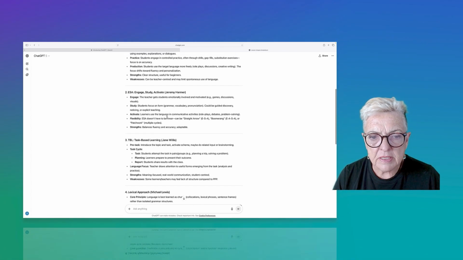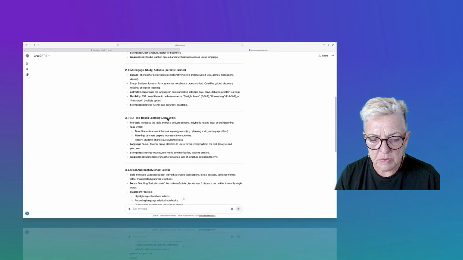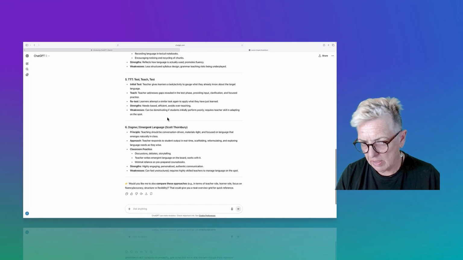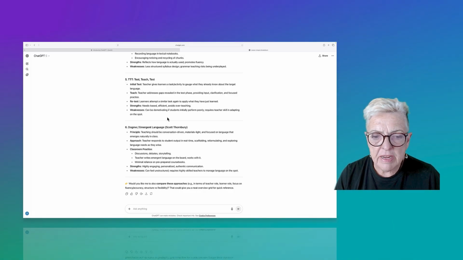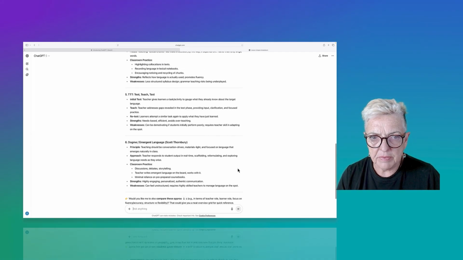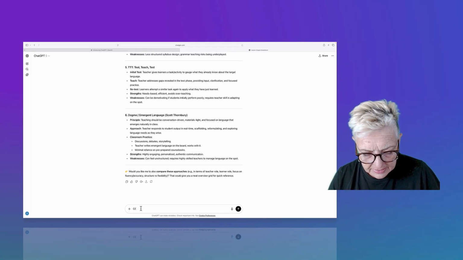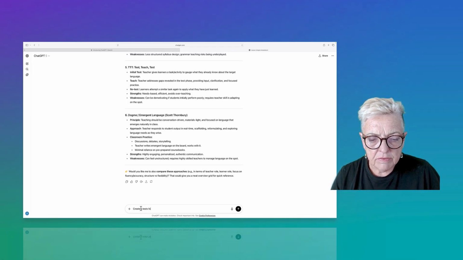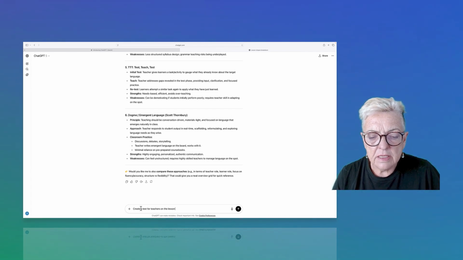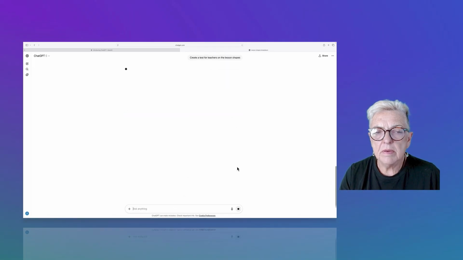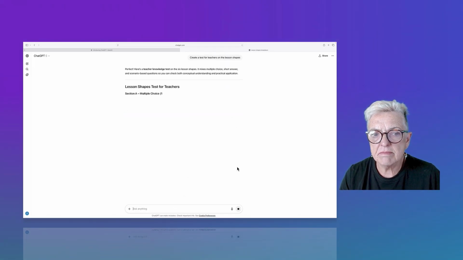The more modern ones, I suppose Jeremy Harmer's is one of the newer ones, and the Dogme is a reinvention really of community language learning, but it's very interesting and quite different in terms of traditional EFL, TESOL teaching. So you can work out for yourself. So let me create a test for teachers on the lesson shapes. So if you want to test yourself,